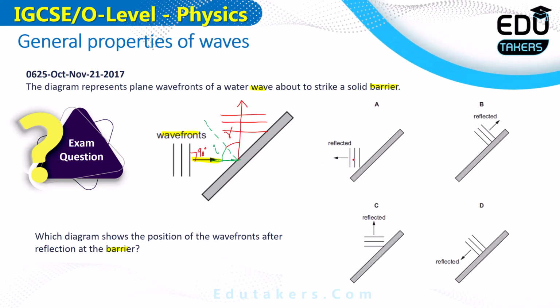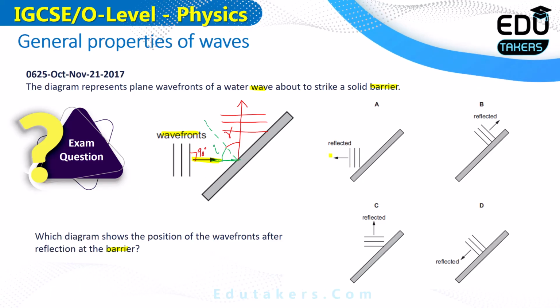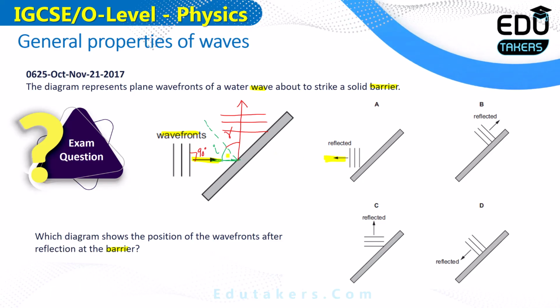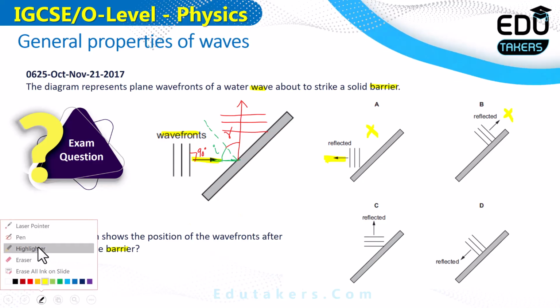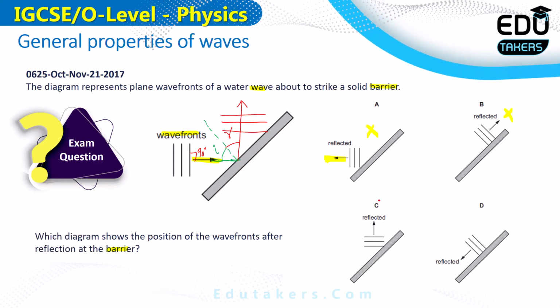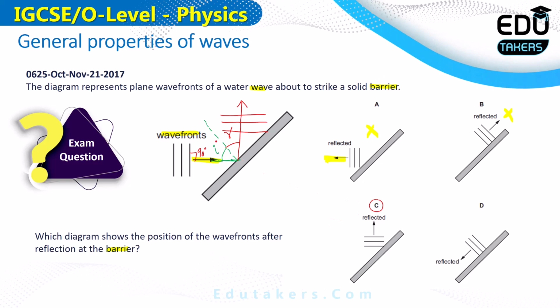Let's see the answer. In answer A, the wavefronts are going in the opposite direction because the incident wavefronts are towards the right, but the reflected are towards the left, which is incorrect. In answer B, these are basically going at some angle. This is also incorrect. Answer C is correct. Why is answer C correct? Just compare both of these figures. In answer C and the figure that I drew here, both are the same. It means that the correct answer is C from here.